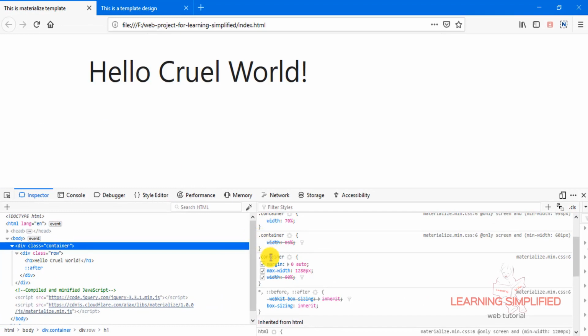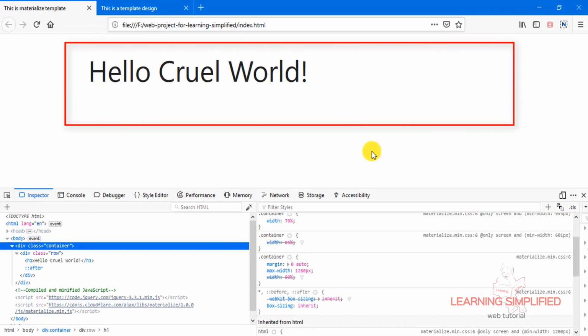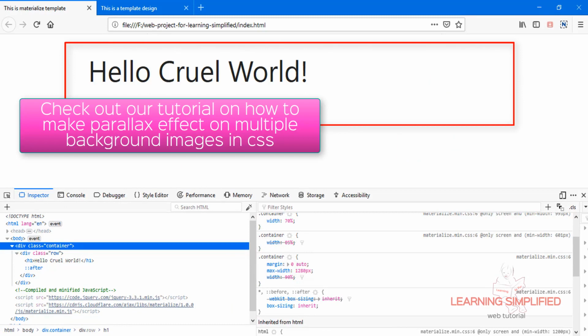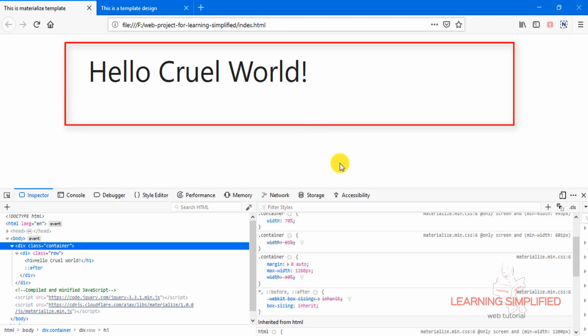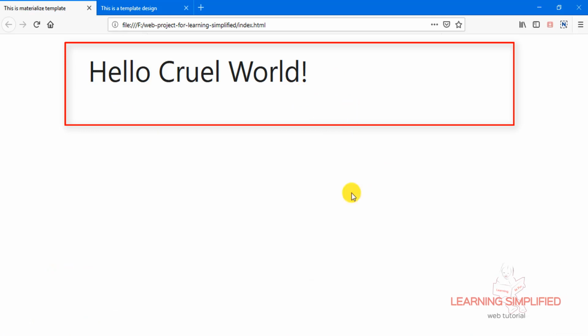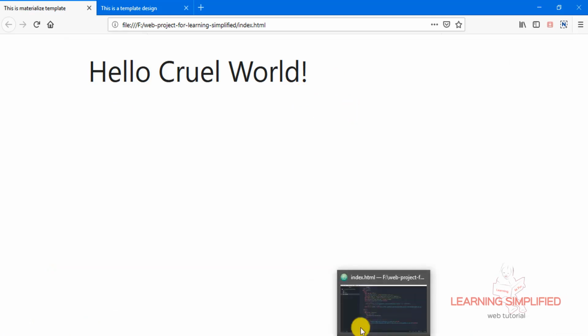That means this whole segment, this hello world text, this h1 tag, is practically lying within a box which is 1280 pix wide and which has a height set to auto. Another thing is its margin, which is set to 0 auto. That means it will be aligned right into the center of this entire web page, and that is what we can see over here. So this is the basic structure.